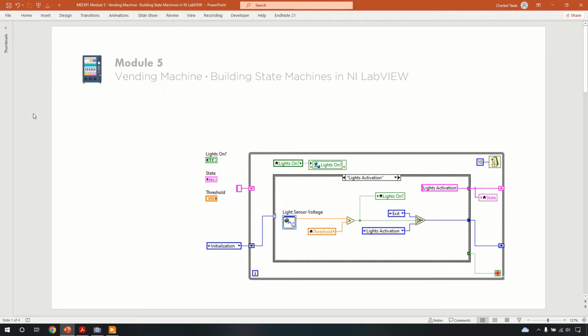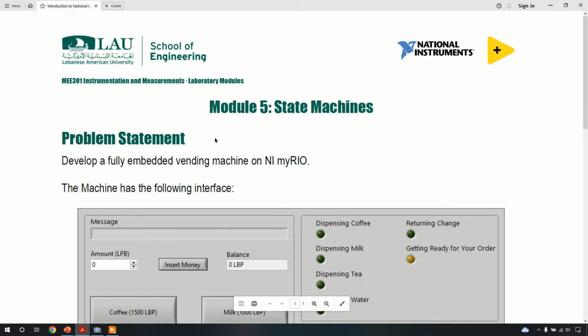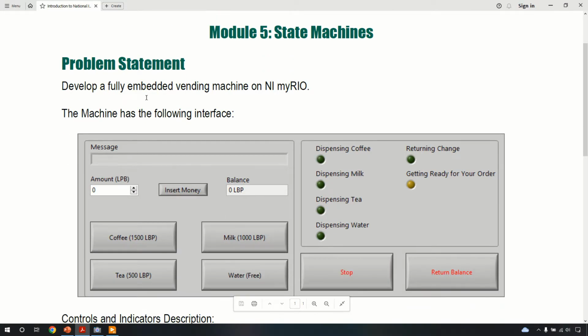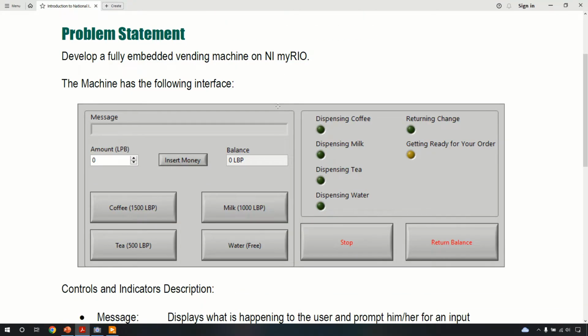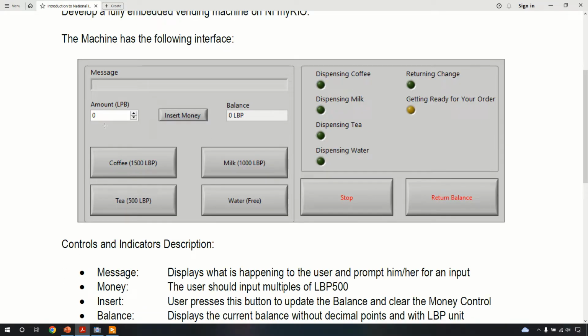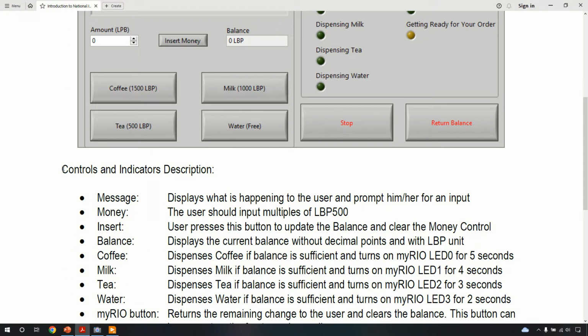In this module, we are going to build a vending machine in NI LabVIEW using state machines. First of all, let us go to the problem statement to check what we need to build. We need to develop a fully embedded vending machine on NI myRIO, and the interface of the vending machine is as follows. So let us go ahead and check what we need to build in terms of controls and